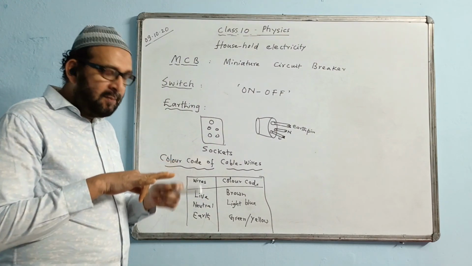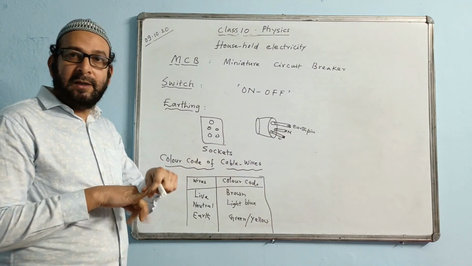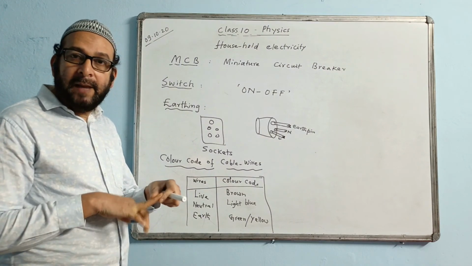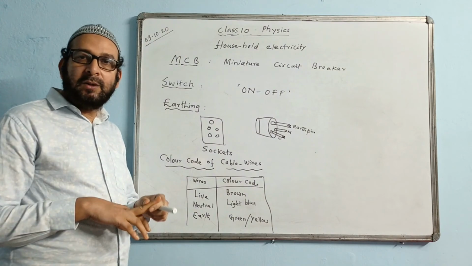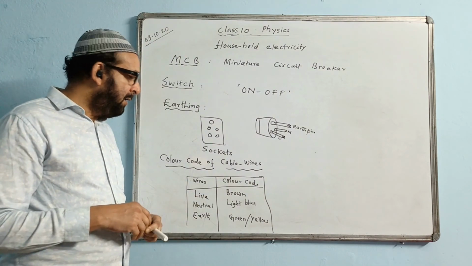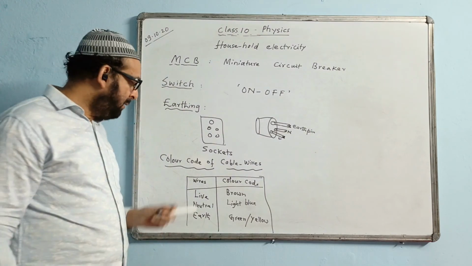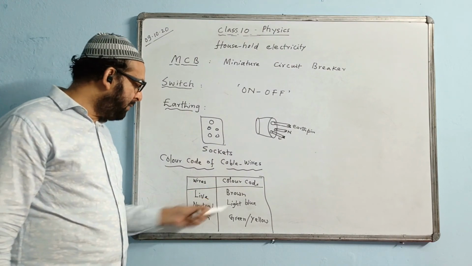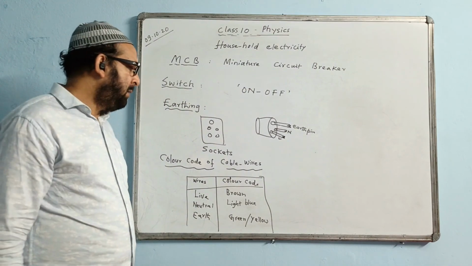You must have seen three kinds of wire in old appliances. One is red, that is the sign of danger, that is live wire. The other one is black, which is neutral, and the earth wire was green. You can take the earth is a green planet, so color is green. In the modern convention, which is internationally accepted, for the live wire, the brown color is used, for neutral, light blue color is used, and for the earth, green or yellow color is used.